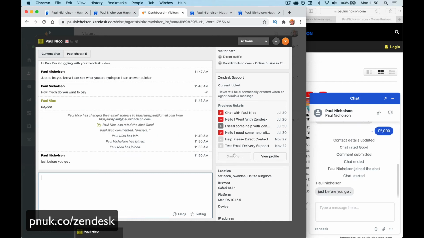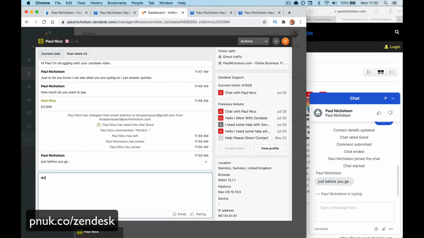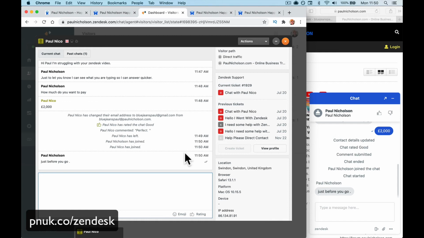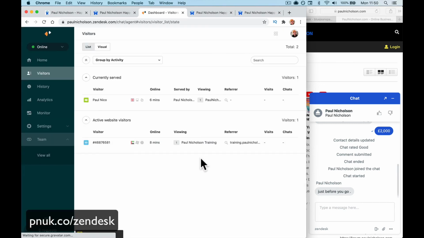Just before you go, there's settings that you can do. I think it's hashtag. If you've got any set up, like say they ask, what's the price for your favorite product? You can do a link, hashtag go, hashtag price, and it'll send them the information they want in something you've already set up. So I think you can see live chat's easy to use,